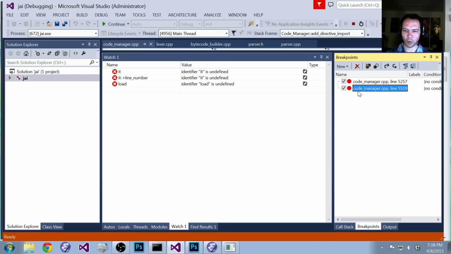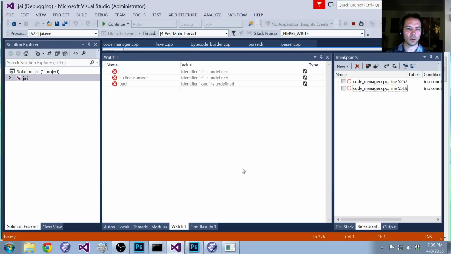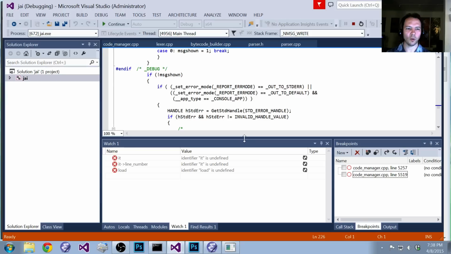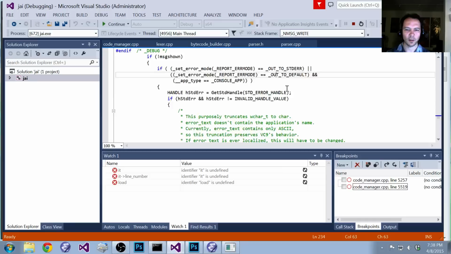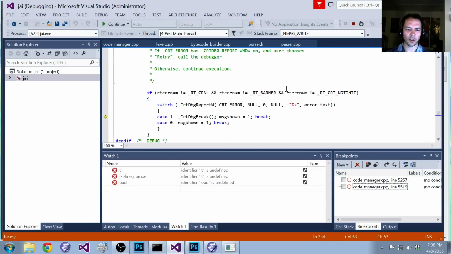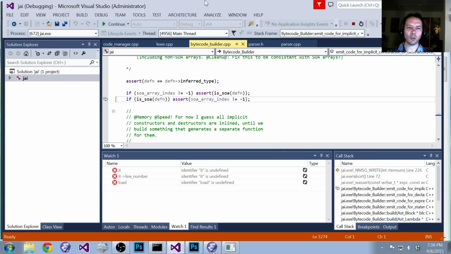Oh, I've got a bunch of old breakpoints here. Let me get rid of those. Okay, and my Visual Studio is, I'm not going to be able to see very much on the screen because Visual Studio is terrible. And we're not in an insanely high res right now. All right, look at all this wasted vertical screen space. Like, it's insane. Like, oh my God, it makes me so mad. That's why I will not be using Visual Studio in the new language, if I can help it. All right, so